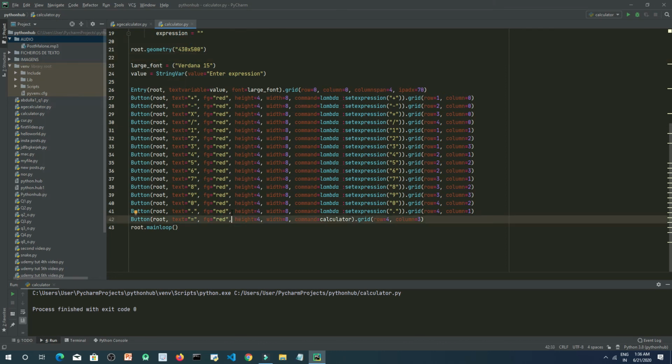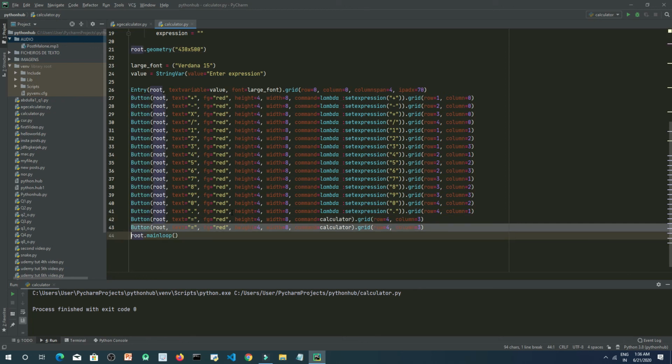So if the user wants to do all the new calculations now, he can do this, right? So we will create a clear button, and for this we will create a clear function as well.